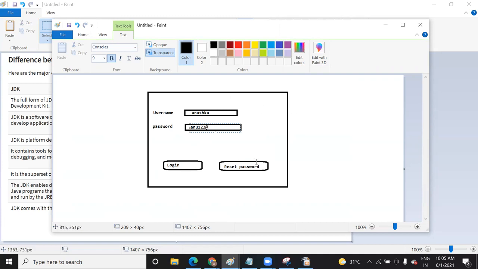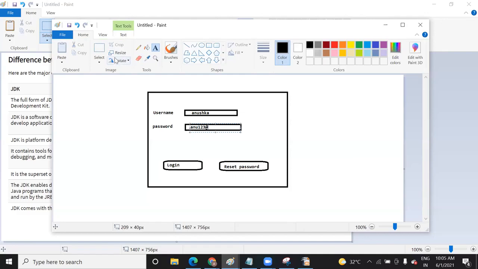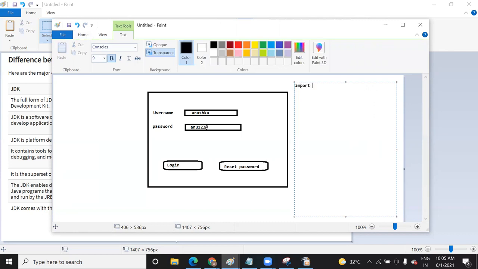In Java code, whatever you write, you write the code like this. Suppose you import some library. I'm just showing you one example. Then we write a class, suppose it's Anushka. I will explain what all of this means.